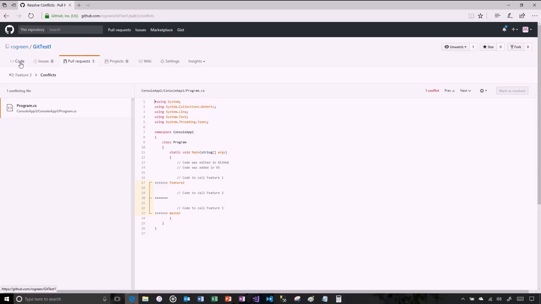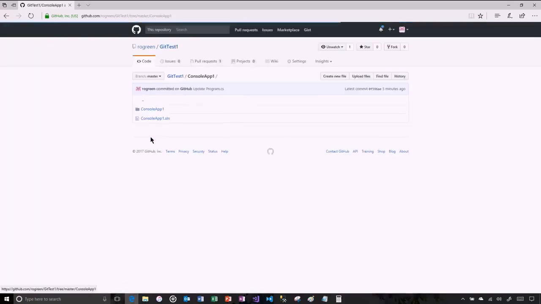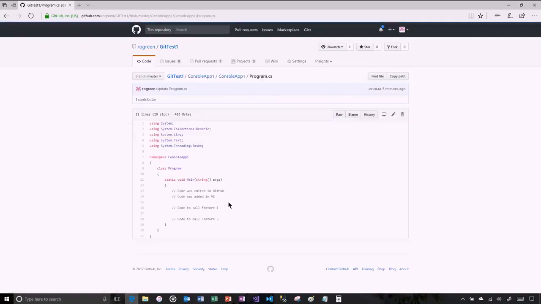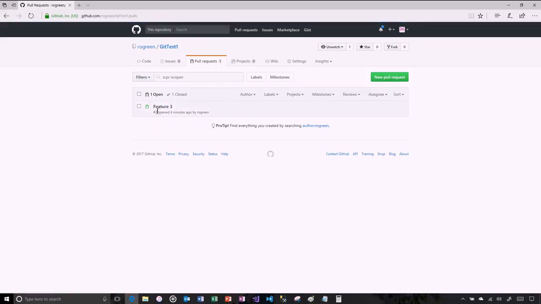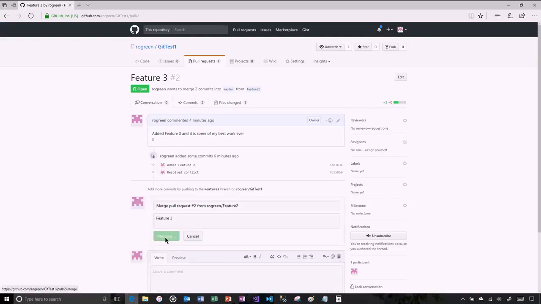The code in master, right, let's see what we've done. The code in master does not have my change, but the code in feature 2 has both of our changes, and this is what I now want to move into the master branch by the updated pull request, or it's actually the same pull request, but now there are no conflicts. Now I can merge this, confirm the merge,